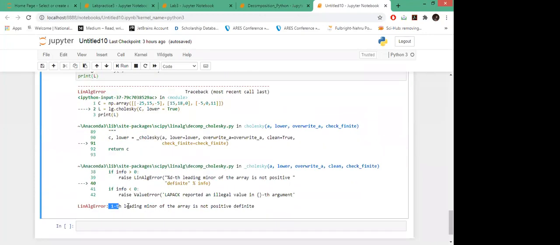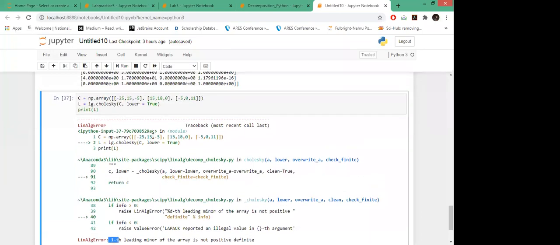So it is also giving you the position. When we say the matrix is positive definite, it means all the leading minors are positive, or in another form, all the eigenvalues of the matrix are positive. Another form to check: x transpose A x is always positive. So there are these equivalent definitions, or characteristics, through which we can check. This is just the idea of how this function is working.